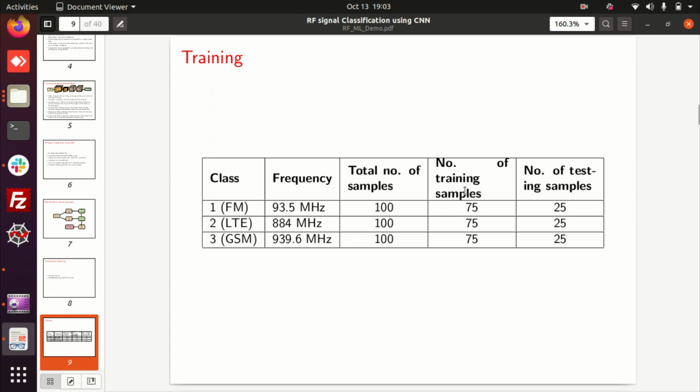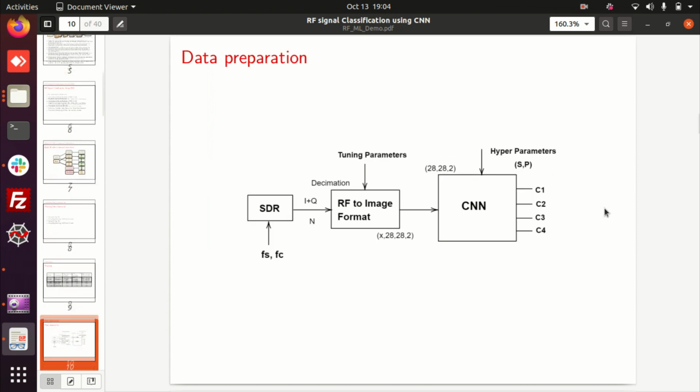So here I fixed the ratio of 75% for training and 25% for testing. So 75 out of 100 for training, 25 for testing. If I increase to 500, then this number varies to 375 and 125. If I increase this to 1000, then it will become 750 and this will become 250. This is up to your choice. You can select any, but the reason for selecting very low values here is to speed up your simulation.